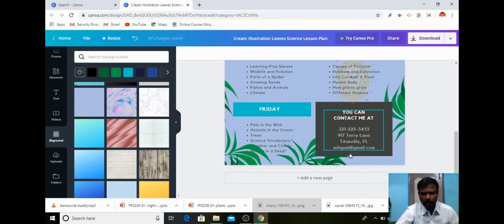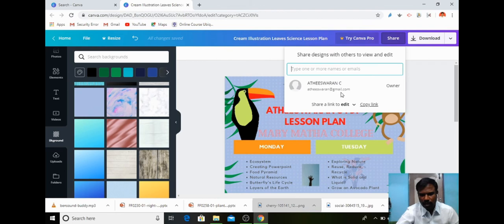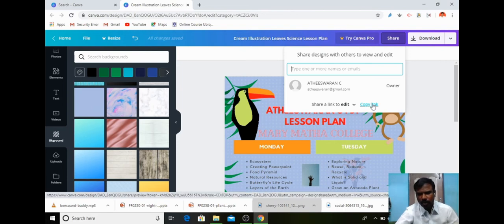So now the design is ready. You can download it, or you can share the design anywhere. If I use share, it will ask for the email address or link, anything. You can copy the link and send it through mail.